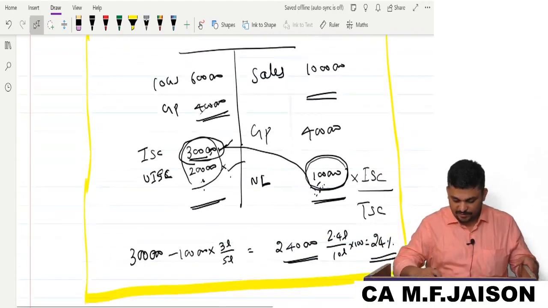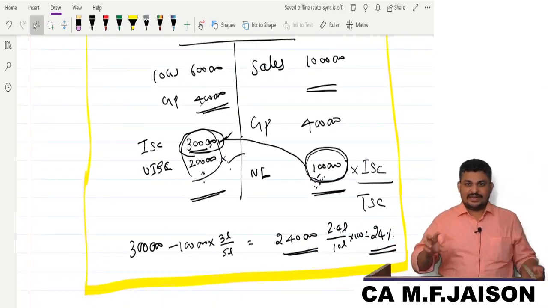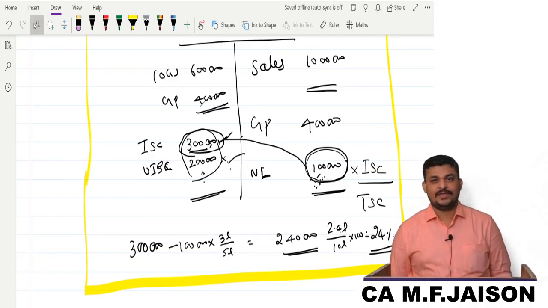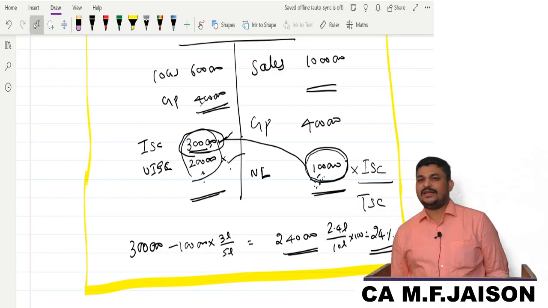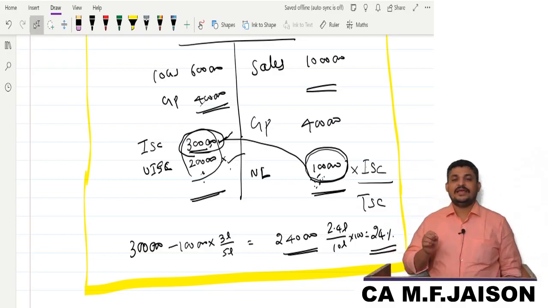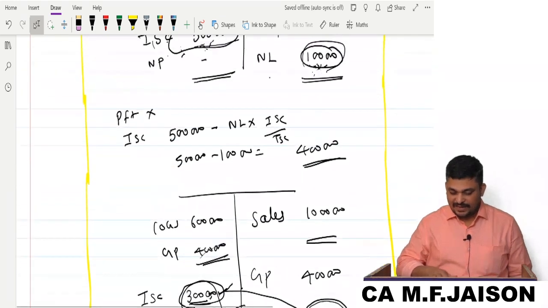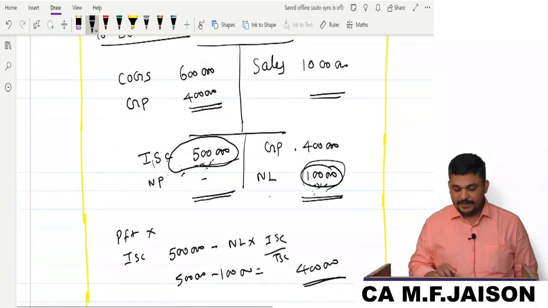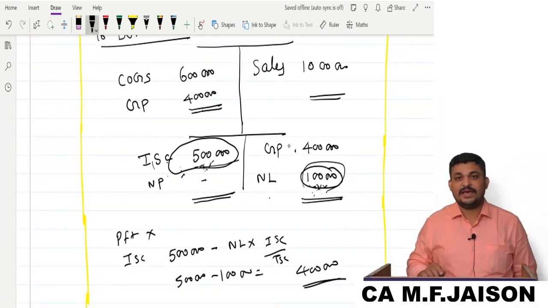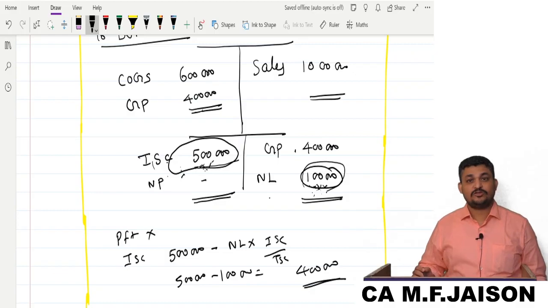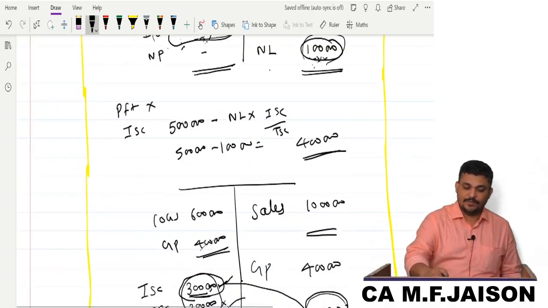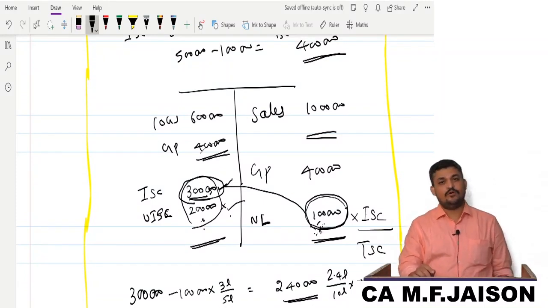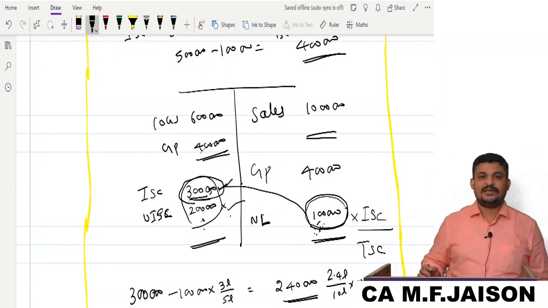So I hope you are following. Yes, sir. And this proportion will arise only if you have some components of uninsured standing charges. If all your standing charges are insured, that concept does not arise. It will be straight away insured standing charges minus net loss, like how I demonstrated. So illustration number 1, it is insured standing charges minus net loss. Here we don't have that particular formula application because all the standing charges are insured. But the moment you have insured and uninsured, the loss also will have components of both insured as well as uninsured. That is how you should be considering.